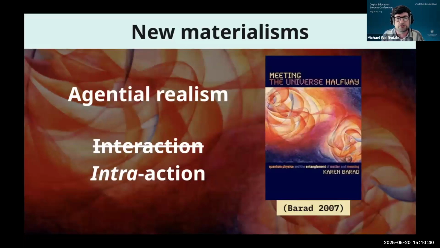And so I looked to new materialist thought, and in particular, Karen Barad's concept of agential realism. Barad argues that individual entities are not pre-existing and do not interact, rather phenomena are produced through intra-actions of multiple boundary drawing practices. So it's really these repeated boundary drawing practices through which subject and object, human and machine, nature and culture and so on are constituted, which is the focus. And Barad, in fact, terms these repeated boundary making practices agential cuts, which enact a momentary agential separability between subject and object within phenomena.